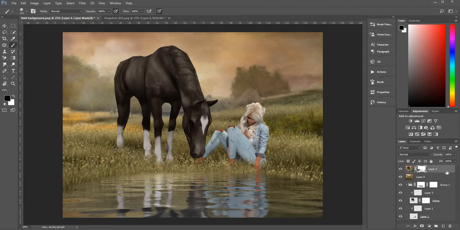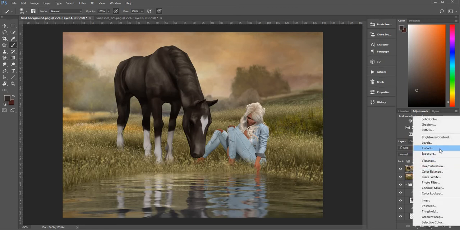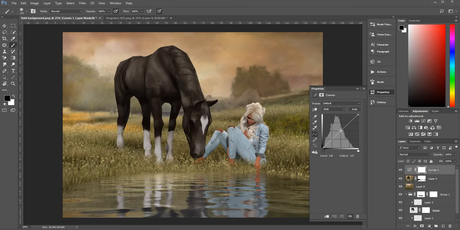Alright, so the next thing I'm going to do is darken up that edge there a bit, just to make the transition into the water. I'm going to do that with a curves layer, so I'm going to darken this image,